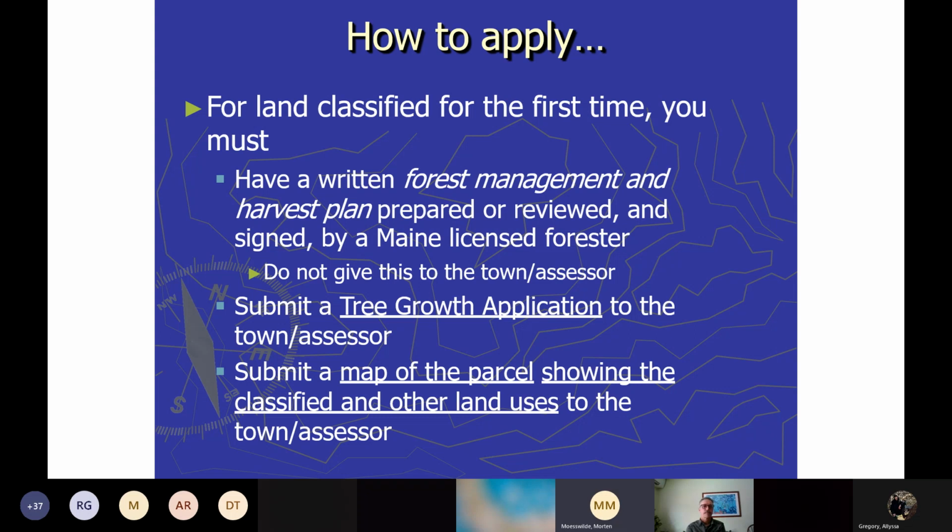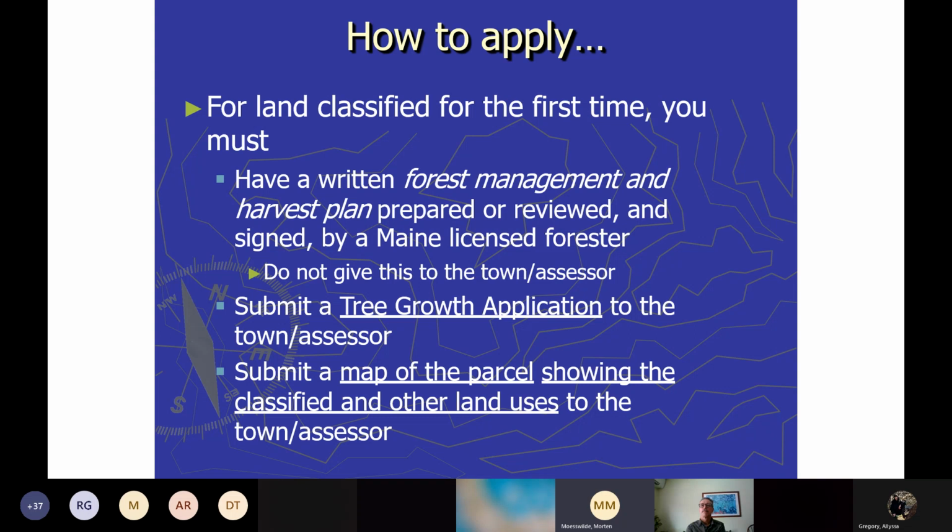Sometimes people will believe that they need to provide that plan directly to the town. That is not the case. You do not need to provide that automatically to the town. They can request it later, but it's not a requirement of enrollment. You then submit your tree growth application to the town,